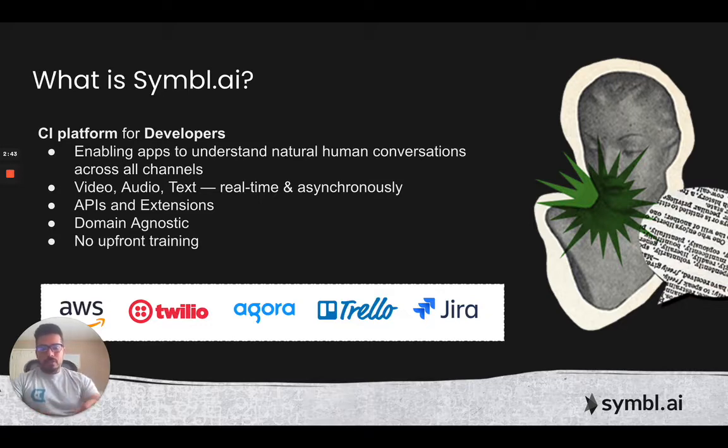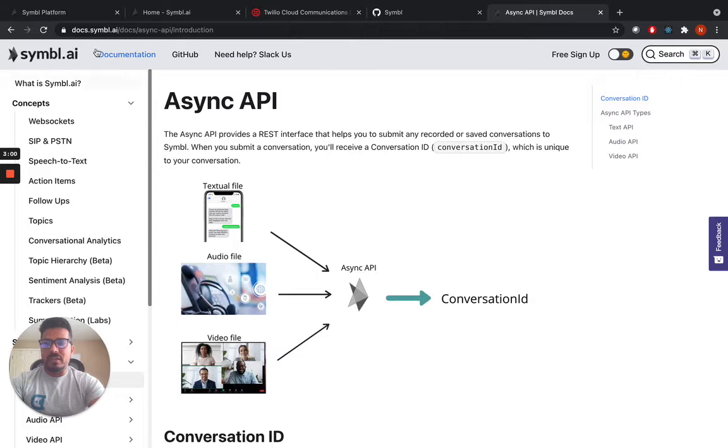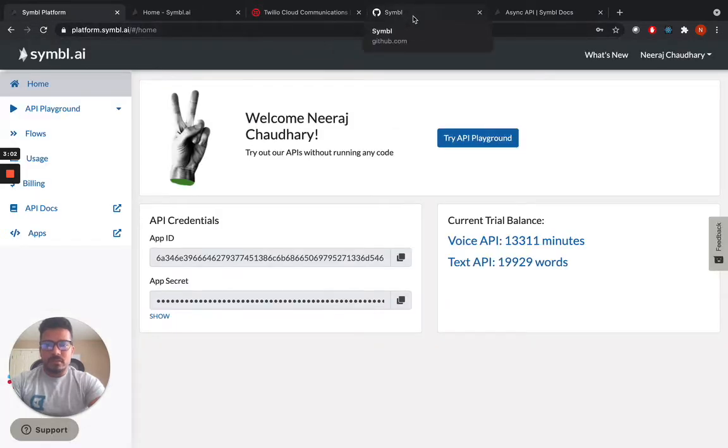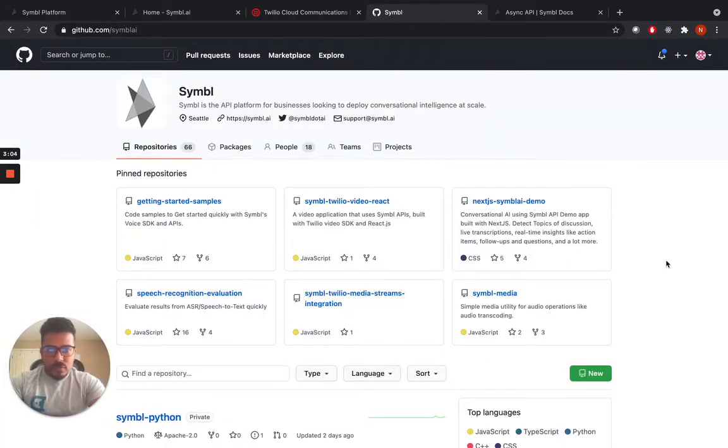Okay, I think that is enough introduction. I want this session to be more hands-on, so let's jump into the code directly. What I will be doing is deploying one application that is in one of our GitHub repos, and you will have it up and running in a small amount of time. Let me quickly show you this.